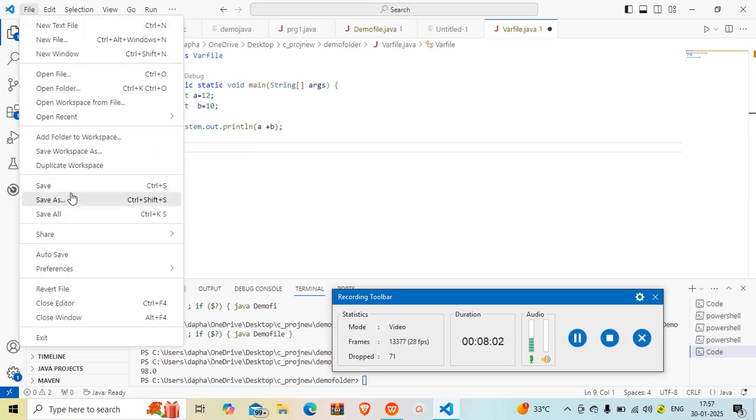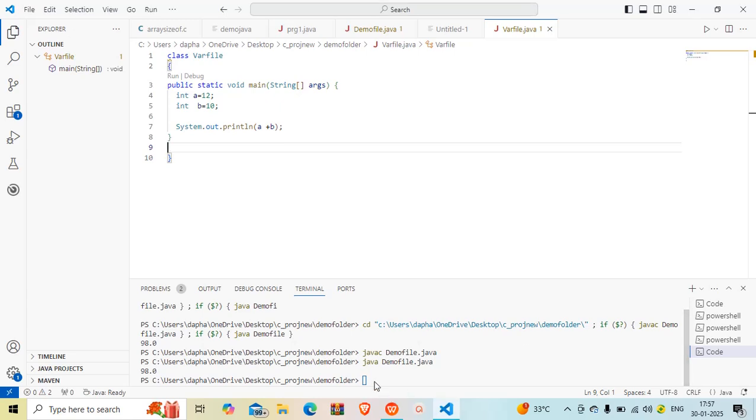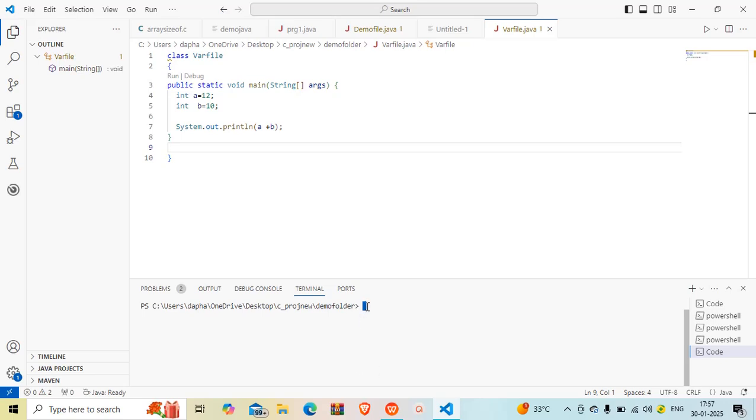Now I am saving the values. Now we know first the Java compiler. The file name is there, javac var file dot java with extension.